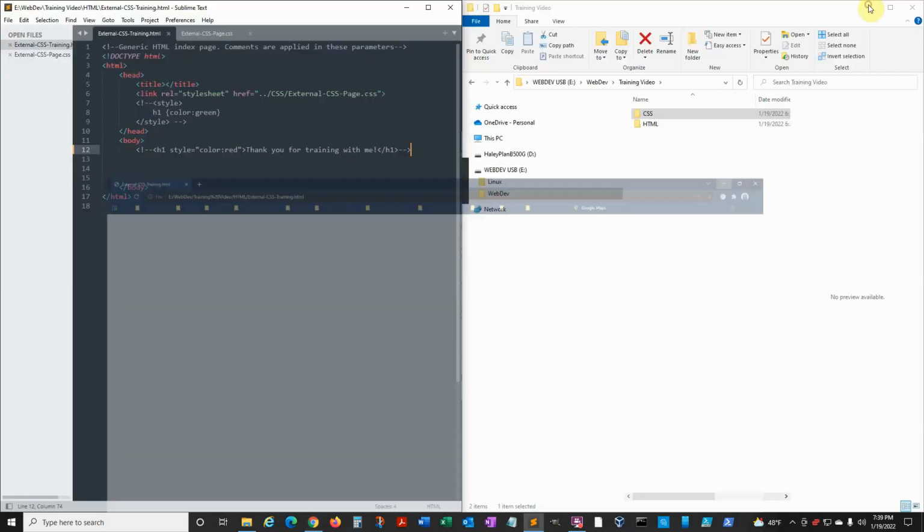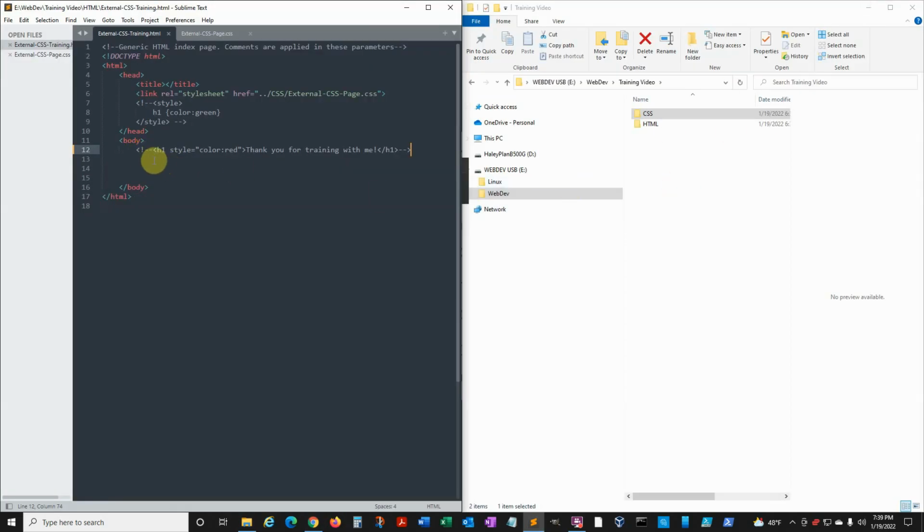Oh, the entire document has disappeared. I believe I've commented out too much. I sure have, and if you see that, I've taken out the entire H1 element right there. We don't want to do that. So I'm going to go behind myself, erase those comments,